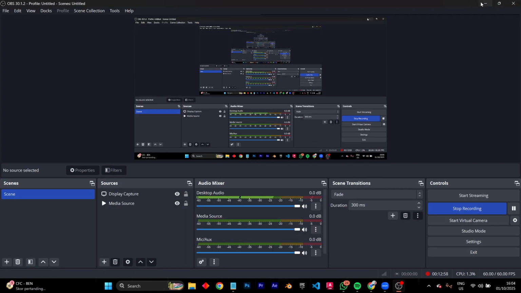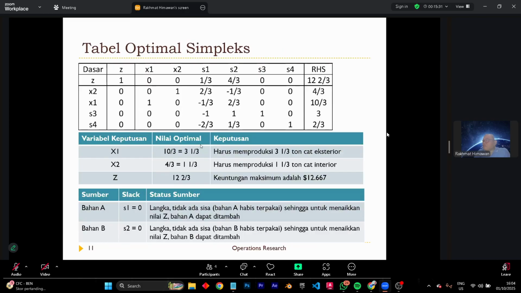From this final result, there you go. We know that x1 is 10 by 3, which is 3 and 1/3 ton of x1. x2 is 1/3 ton of x2, or the product x2. And the z is 12 2/3, meaning $12,667. And we can see in here, from x2, x1, s2 to s4, there is no s1 and s2,